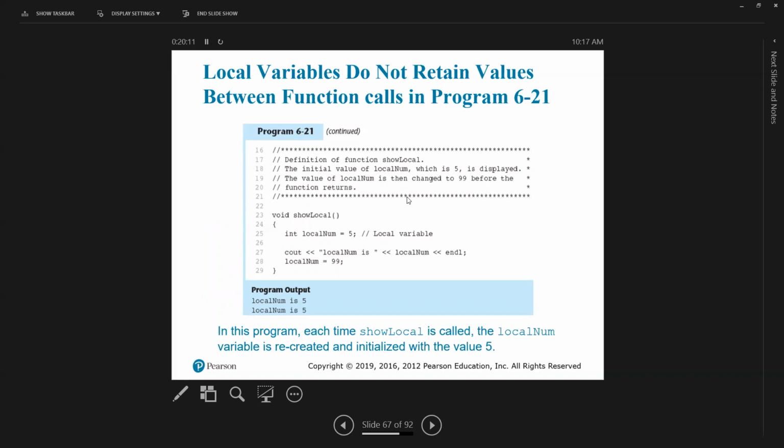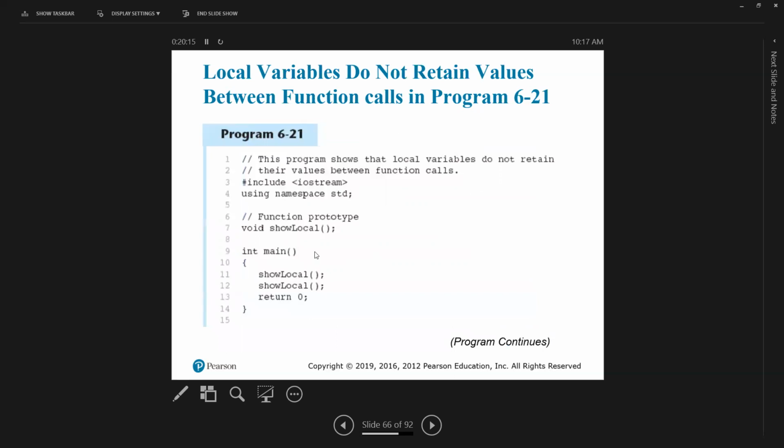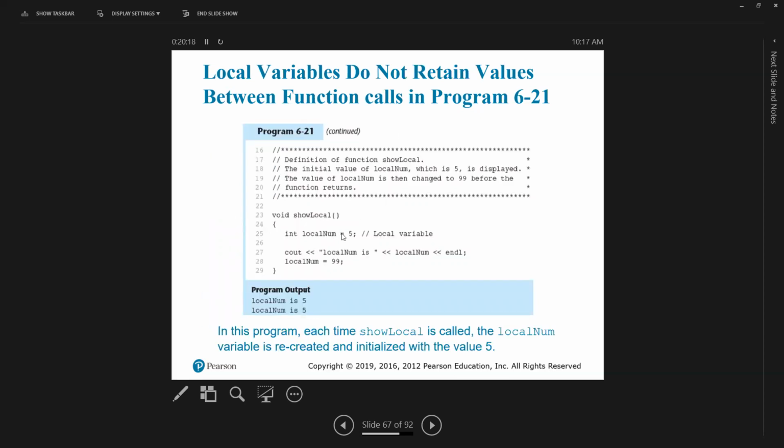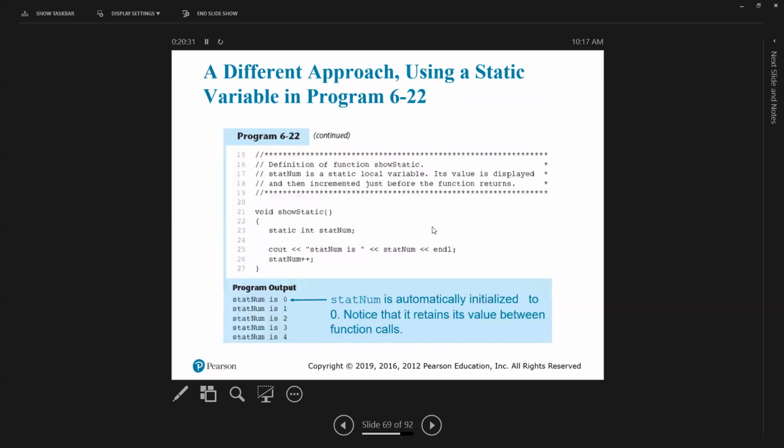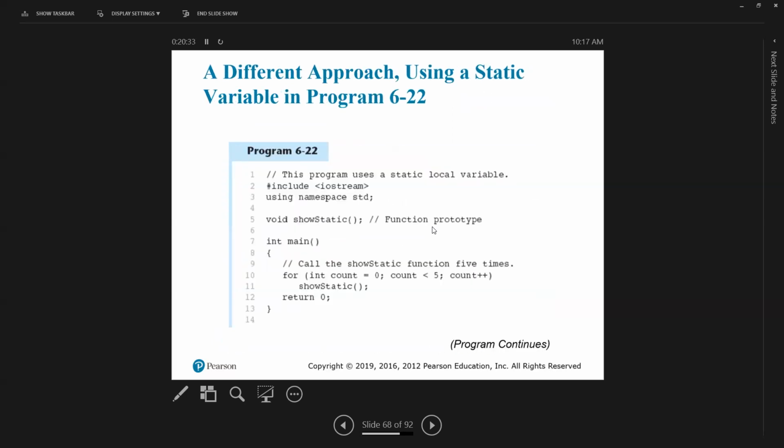Okay, but then here when you call it again, it's reset back to 5, and then it prints. Okay, so here, where's my static? Okay, so that one changes, but if you have a static variable, so this one says